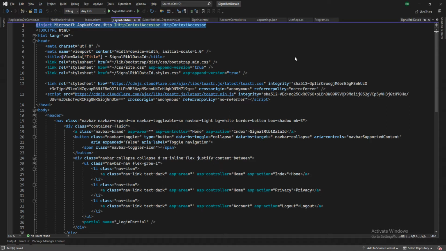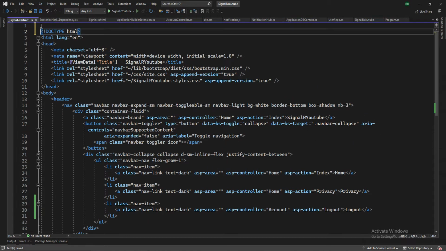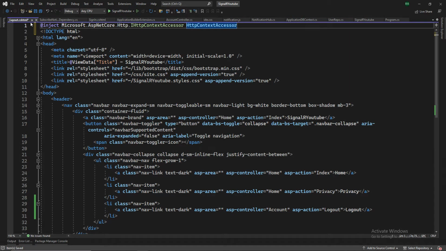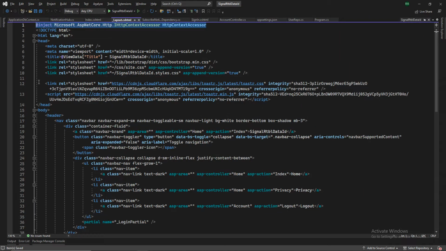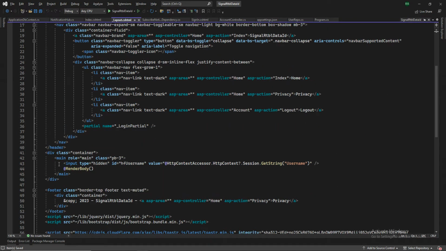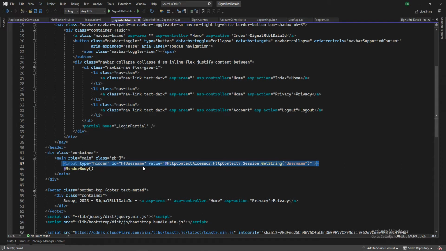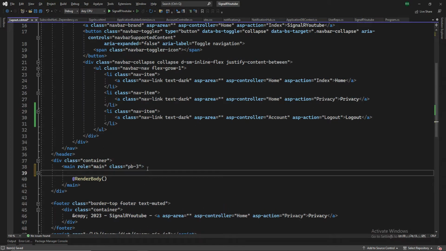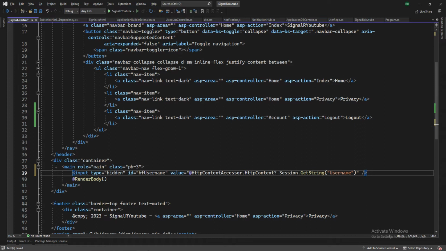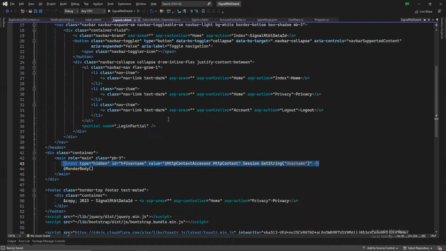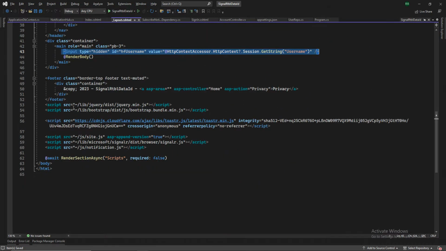injecting the HTTP context accessor for the session. Have a hidden field just inside the main role, just above the render body, to get the username who is logged in. Okay. Now we need